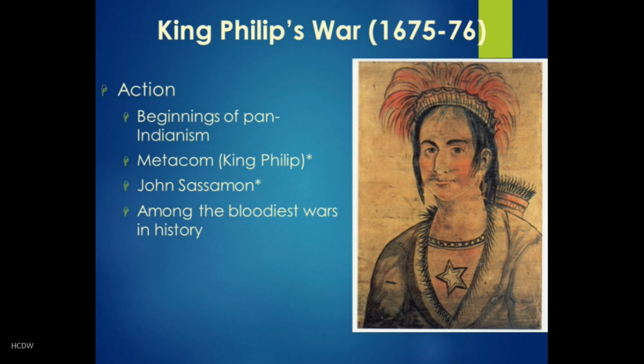So as the English are expanding into Indian territory, the Indians have three different options. They can submit, in other words, sell their land to the English and then work for the English. Or they can sell their lands and try to leave, migrate to the west, perhaps find some protection among other Indian groups, but they're just as likely to find conflict. Or they can try to unite and fight against the English. And the Wampanoags, under the leadership of Metacom, who is known to the English as King Philip, choose option 3. They're going to try to unite and fight against the English.